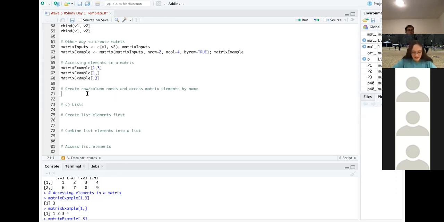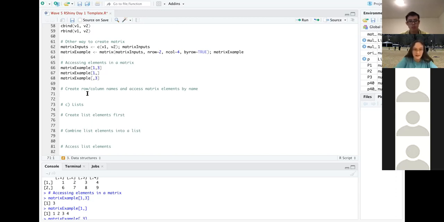Okay, so that's accessing elements in a matrix. Now, another thing that's going to be useful in data analysis is naming your rows and columns. If we have a 2D table, we might want to call the rows and columns different things, like day 1, day 2, day 3, or weather, wind, rain, anything.